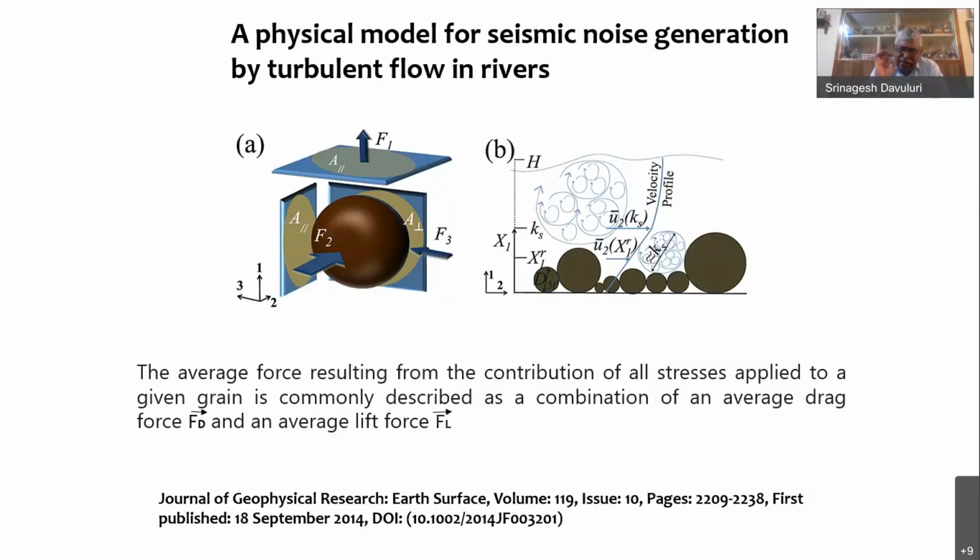So this is the first paper which appeared in Journal of Geophysical Research in 2014, where physics-based mathematically simulated equations were created to see why seismic noise is being recorded on the banks of the rivers by the seismometers, and how we can interpret it in terms of the physical process of a flood or other aspects which follow when such catastrophic events happen.